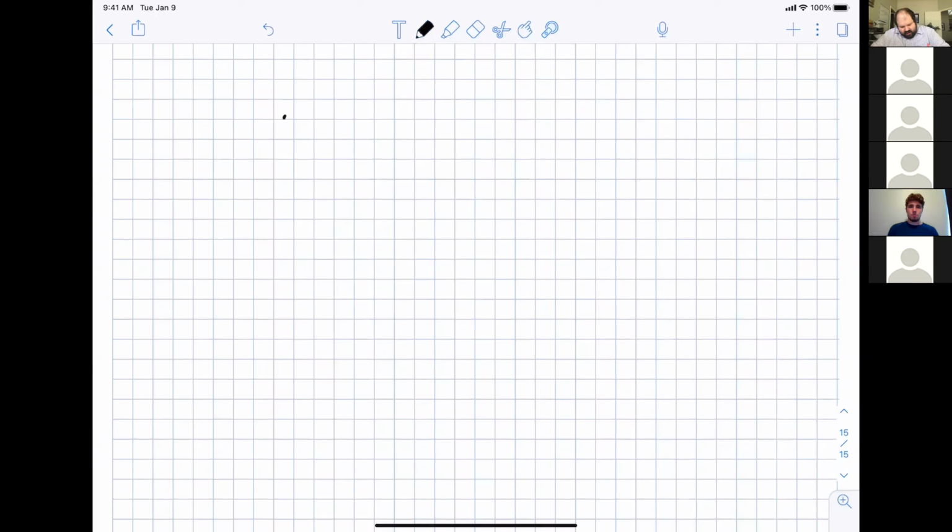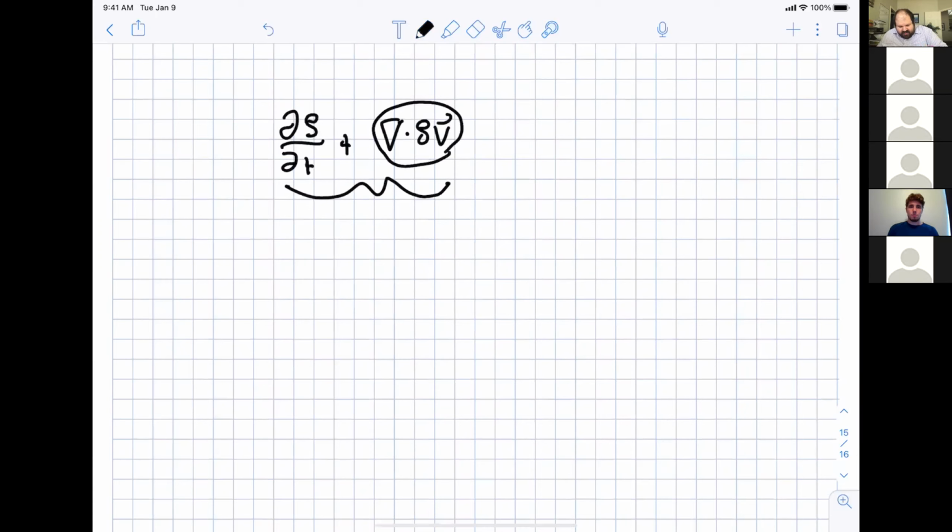Yeah, so for continuity, we have partial rho, partial t, plus the divergence of rho v, right? And so we want to get this into a quote non-conservative form. And the procedure is the same for all of the equations. And so to do that, we need to use the product rule on this term here. So if you use the product rule, you have the divergence of a scalar with a vector. And that identity is